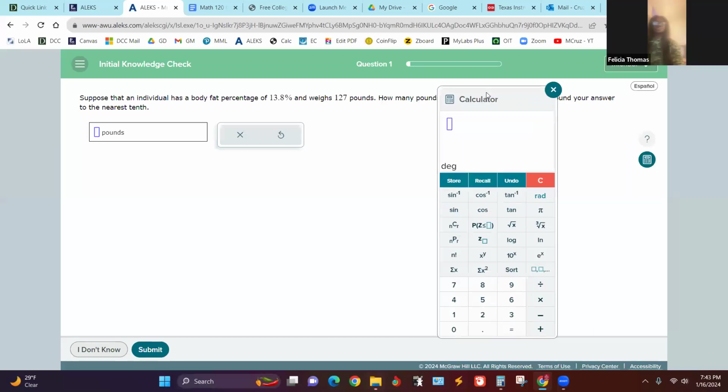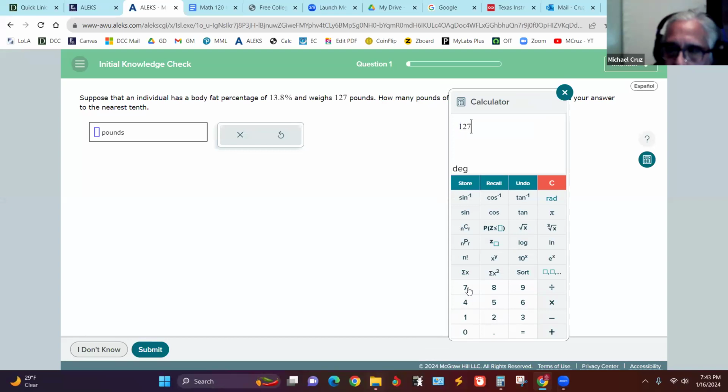Change the percentage to a decimal. We're going to take 127 and multiply it times the decimal equivalent of 13.8. If you multiply it by 13.8, you're going to get more. You got 1,752 pounds. You should be able to judge and say, that's not right. How can I have more fat than I weigh? So what we need to do is